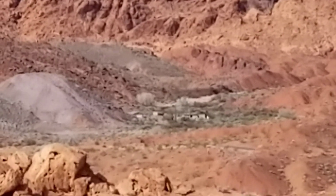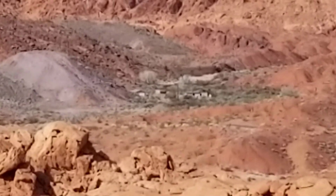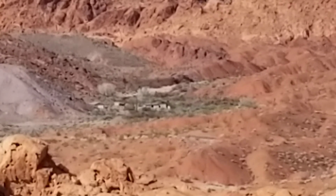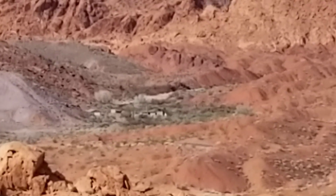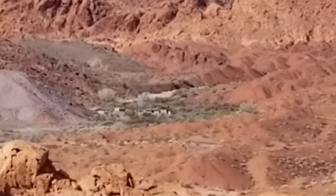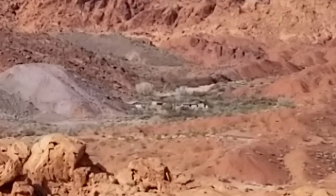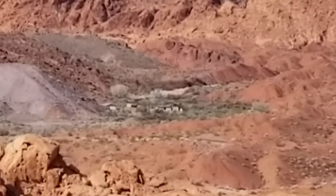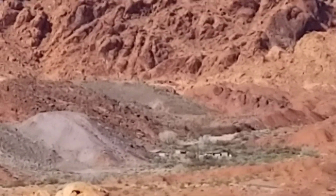In this direction right down here, looks like a parking area. Now, that's got to be Elephant Rock Loop. If it is, then I really overshot my goal. So it's good I started around back. But anyway, I'm going to head down in that area, and then